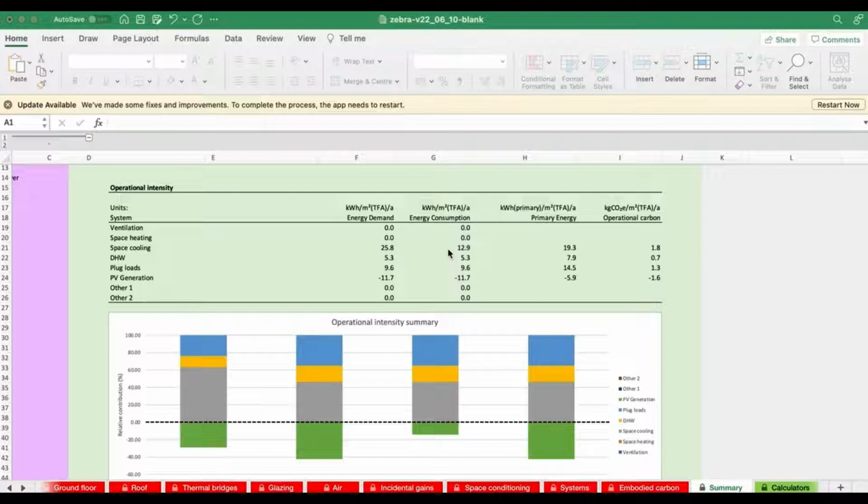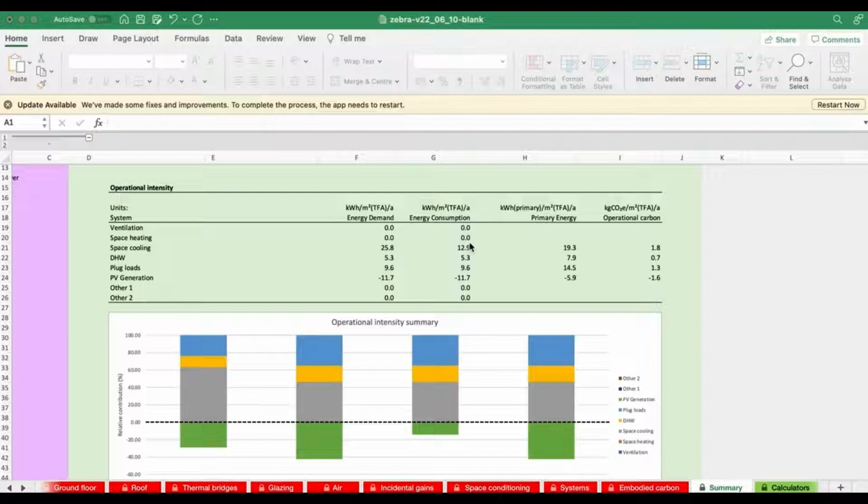So the PV is not making up the total energy consumption of the building, which would be 12.9 plus 5.3 plus 9.6, but it's making up almost enough to replace the space conditioning. So it's fairly successful, but not overly successful.